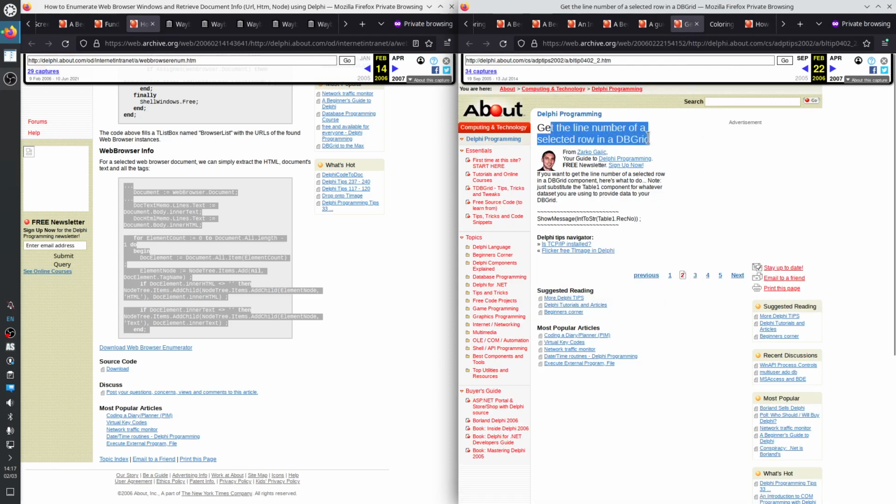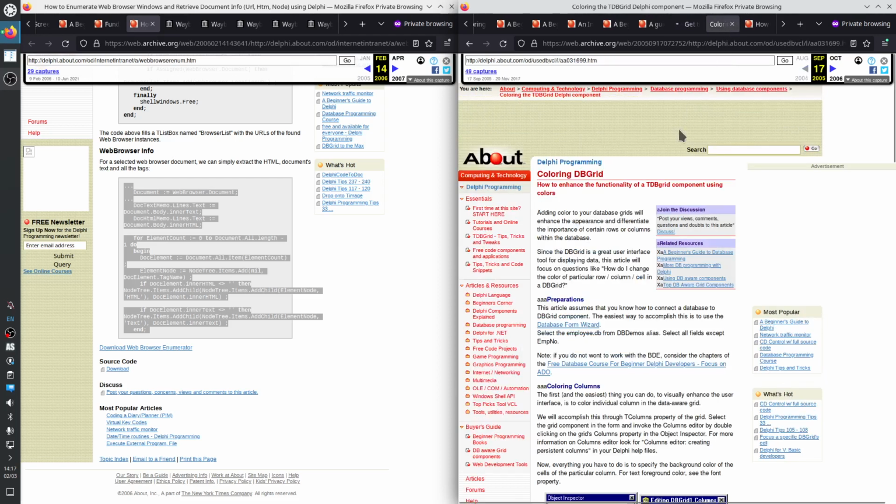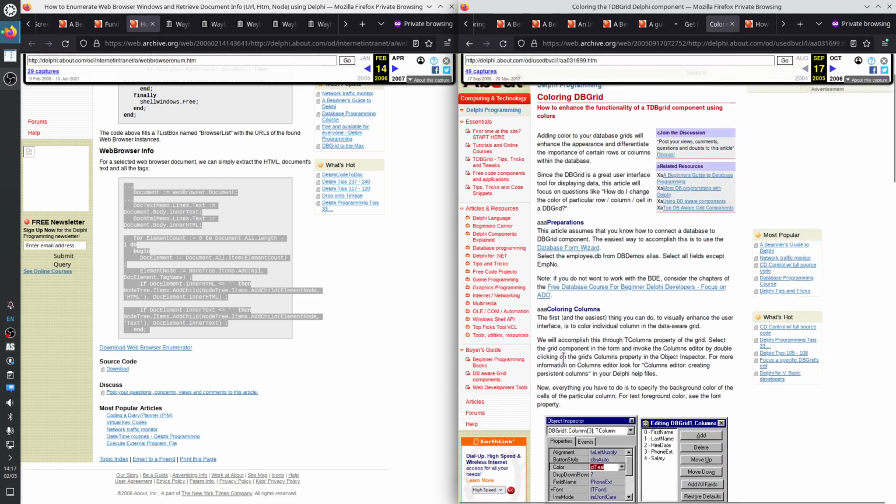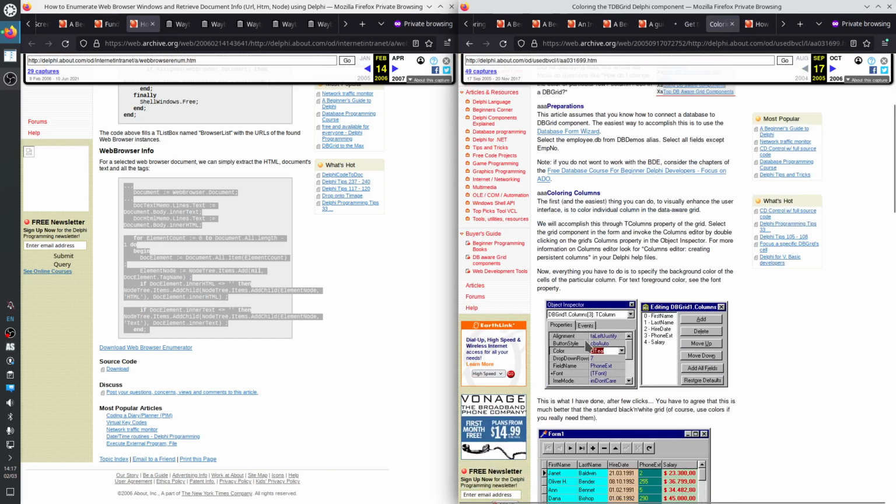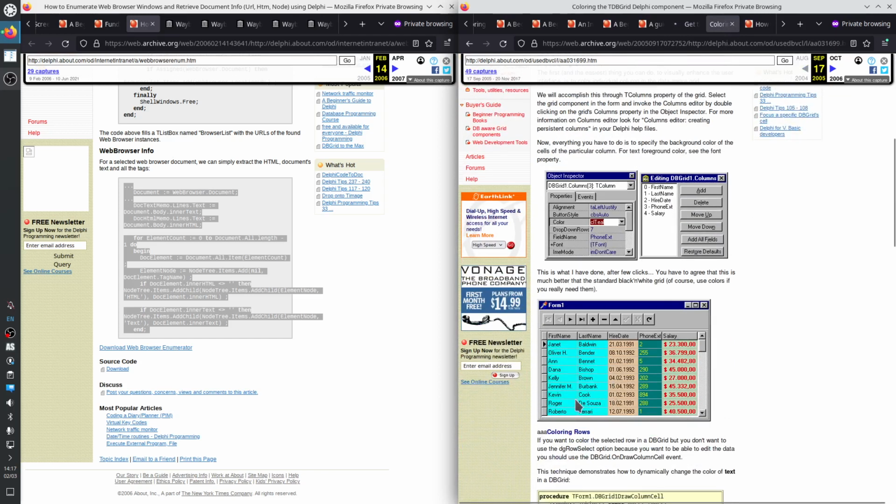Get the line number of a selected row in a DB grid. Table1.RecNo. There are some screenshots.